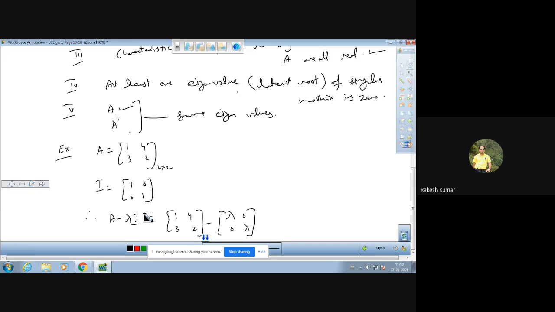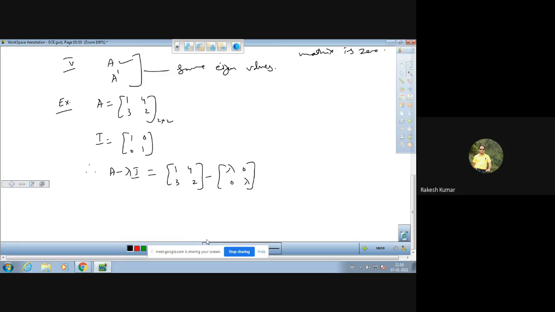Multiply the matrix I with lambda and subtract the two matrices. So it comes out to 1 minus lambda, 4, 3, 2 minus lambda. Therefore, for finding out the characteristic values or characteristic roots of matrix A,